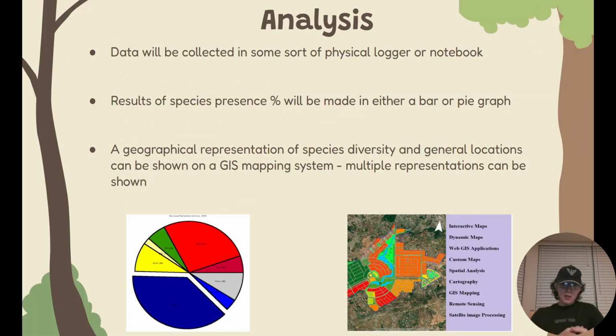So, analysis for this. Like I said, for the survey, we're just calculating the amount of trees of each species and their total abundance, separated by each species. And this could either be shown in a pie graph or a bar graph, just at the very basics for that. But also, me and Dr. Zimmerman talked about how it could be cool